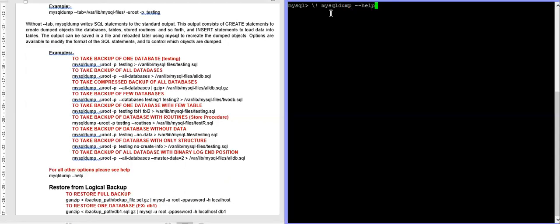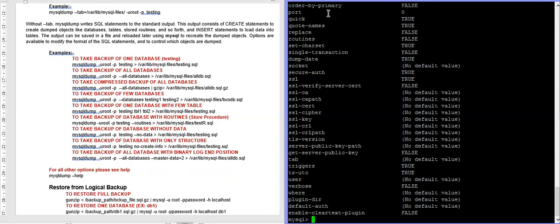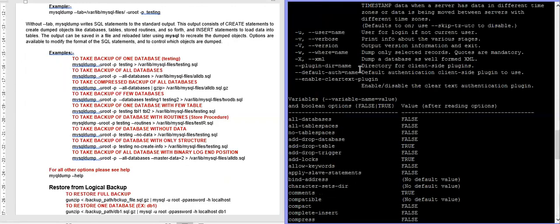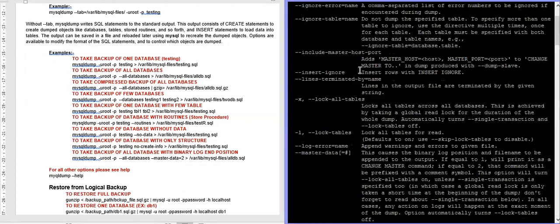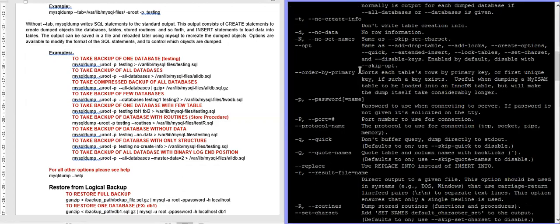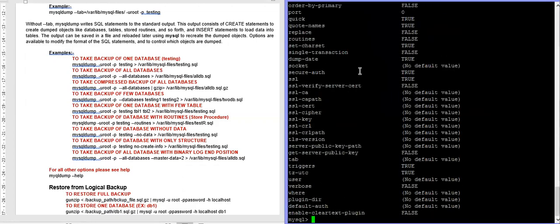You'll find lots of options there. So based on your requirement, you can choose any of the options. Okay. Now coming to our remaining part.